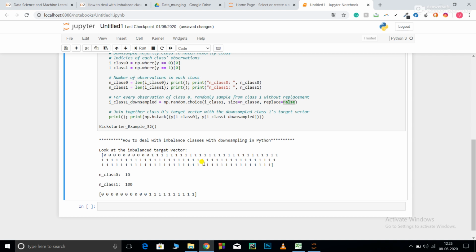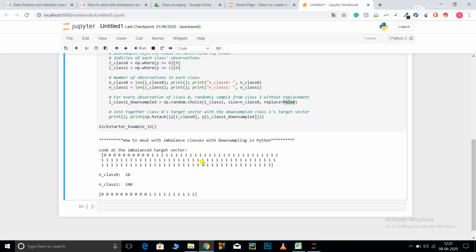Basically I am decreasing the number of ones and making the classes 50-50. This is generally useful when you have a large number of data points, because we also don't want to underfit our model in case of a small number of data points. When you have fewer data points, you can opt for upsampling.